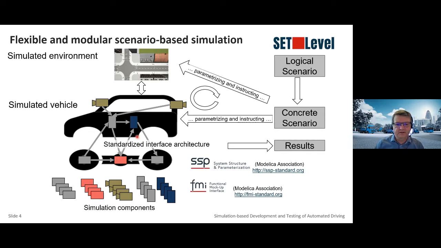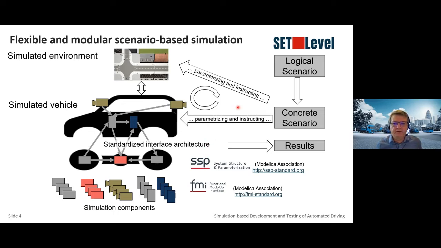And this also has to be described in a way, and we try to do a standardized interface architecture. So we say we have a certain topology that we want to use, and we standardize in particular the interfaces between these components. And we do this, as was mentioned already, by a standard that is called System Structure and Parameterization, coming from the Modelica Association, and most of you will know the FMI standard, the Functional Mock-up Interface, that is also defined in the Modelica Association, where you have pretty nice definitions of the interfaces and parameters of each project.